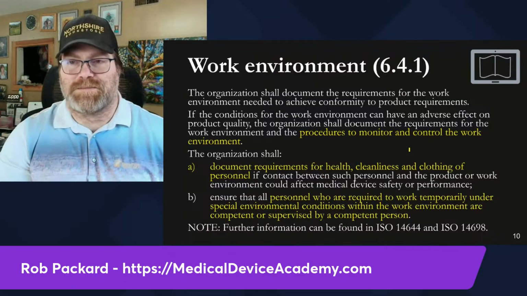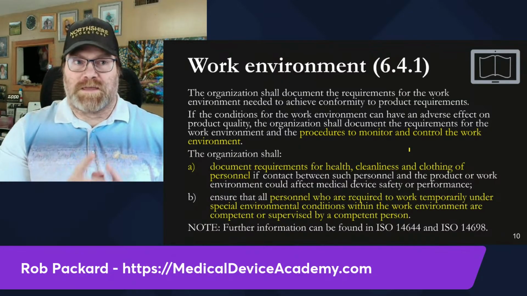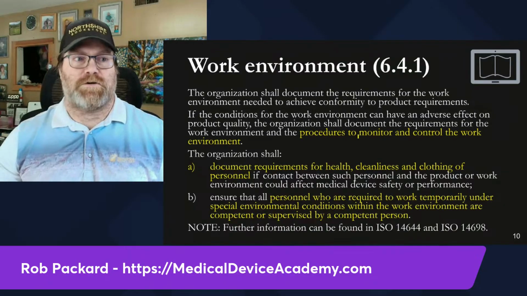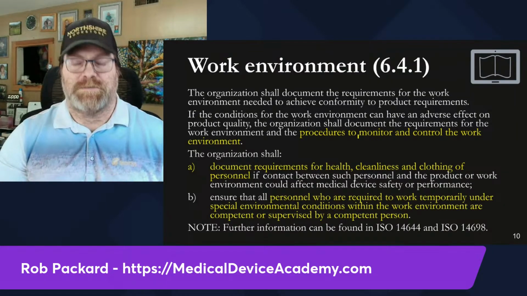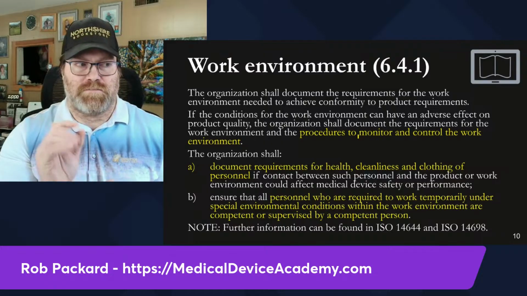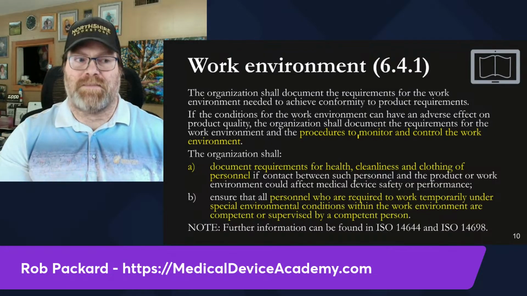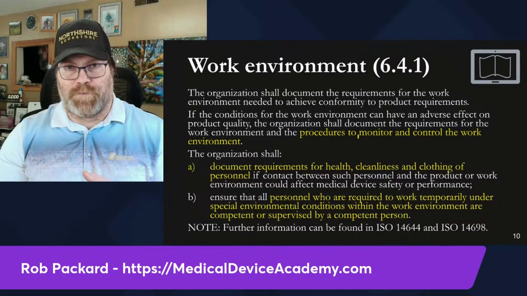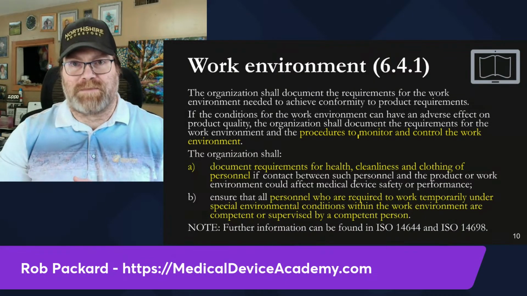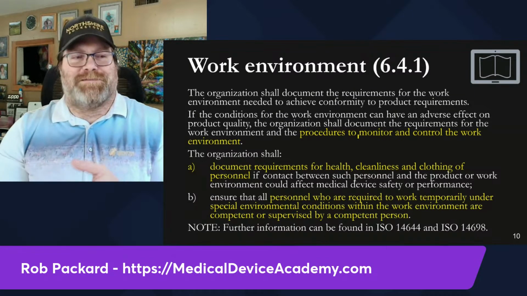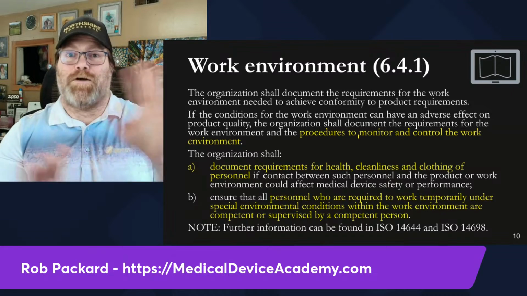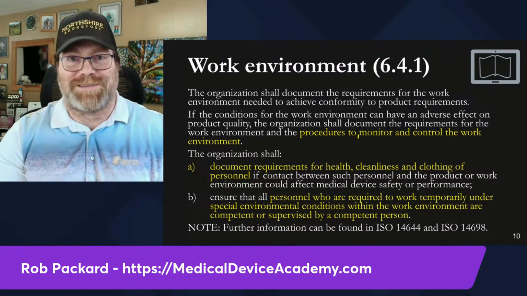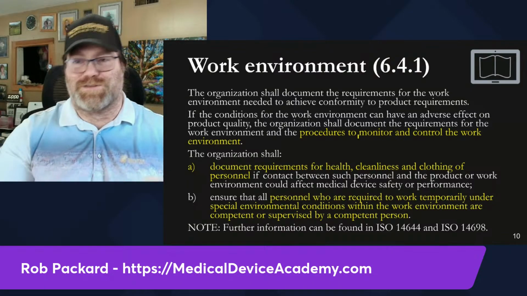Okay, work environment is next. So once again, we have the procedure symbol, and it says you need procedures to monitor and control the work environment. There are additional requirements to document requirements for health, cleanliness, and clothing. For example, if you have the flu, don't come to work and make sterile products, please. Stay home, keep all your other co-employees healthy, and don't make your medical devices dangerous to use because you